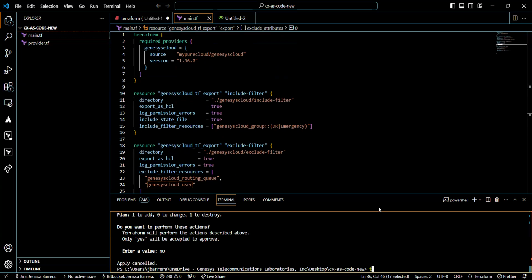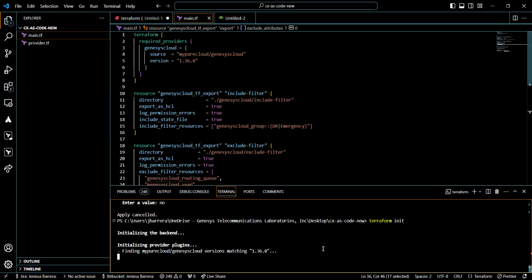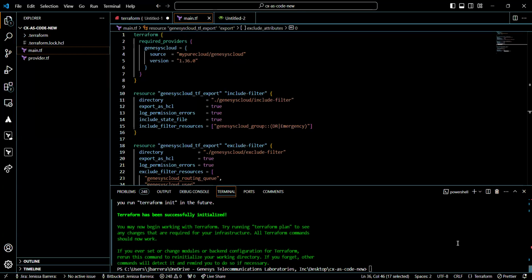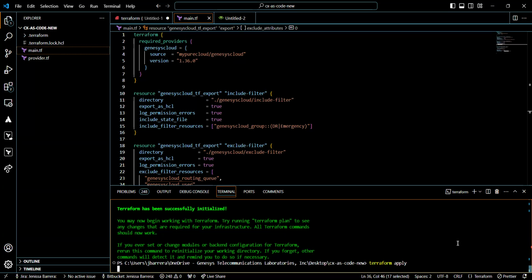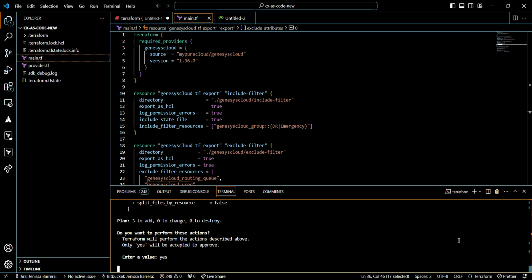Let's do a Terraform init. Then let's do a Terraform apply. Just type in yes here.